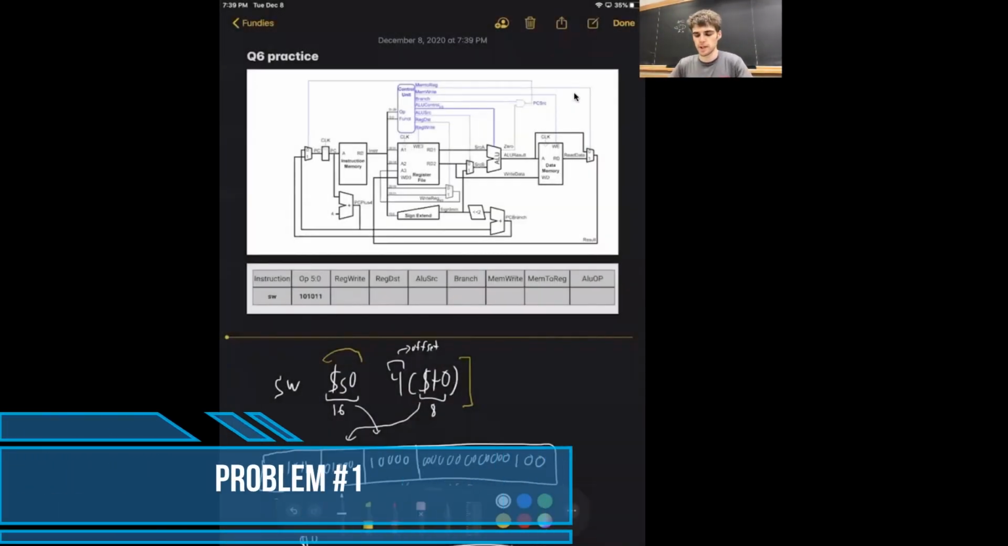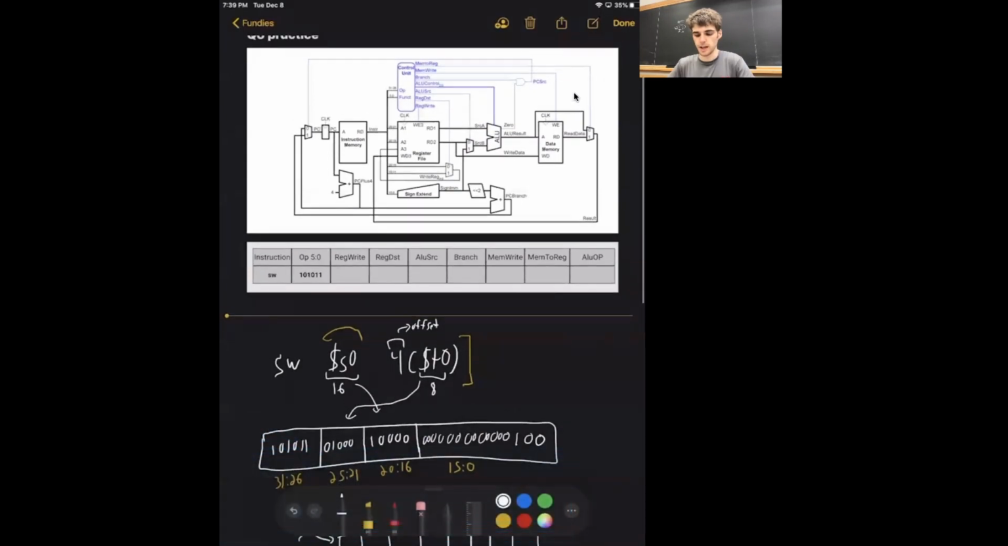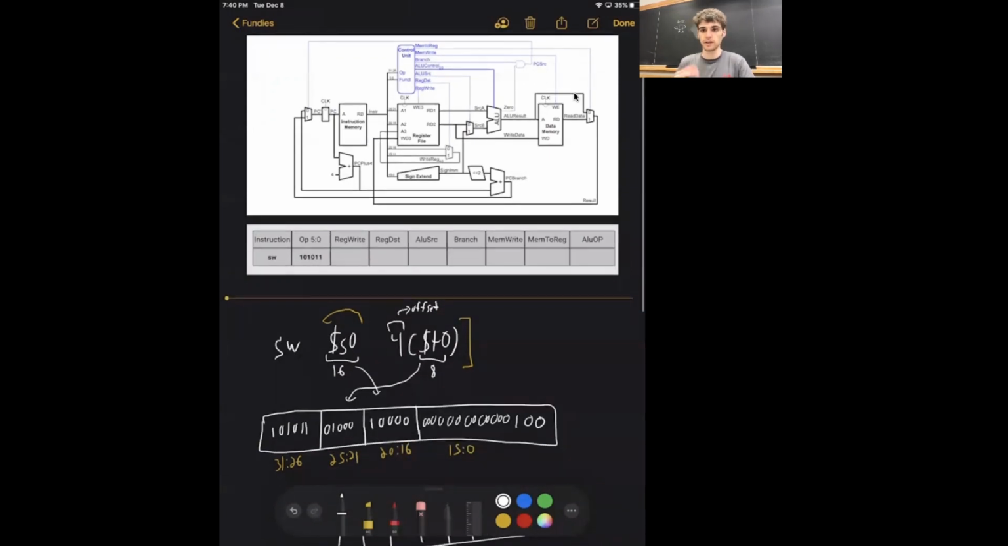So today we are going to be talking about question 1 from the quiz 6 review sheet, just going through the store word instruction and how that gets executed on the CPU. So I guess the first thing to talk about here is, what does the store word instruction actually do? Because if we know what it does, then we can go through and trace everything that's happening